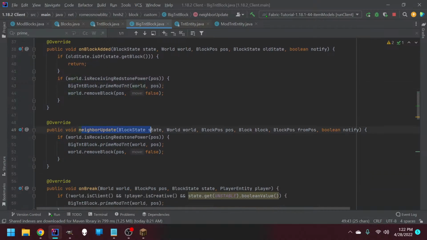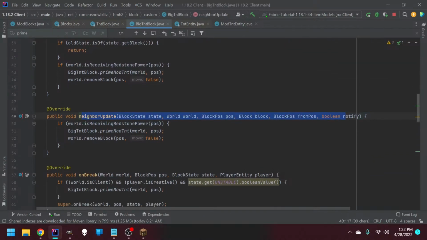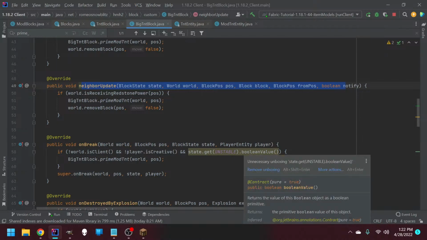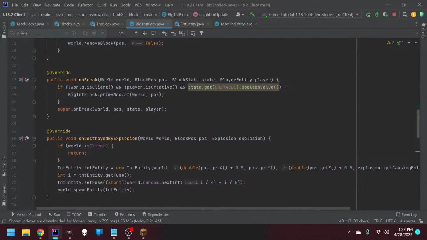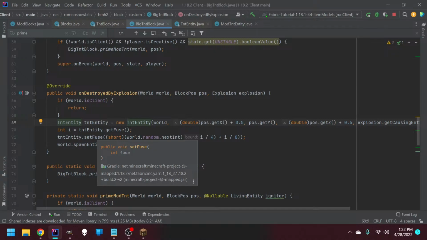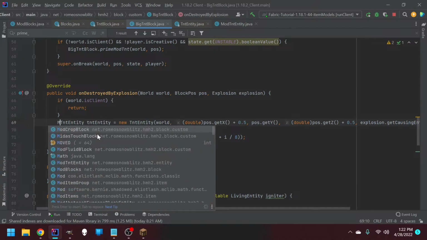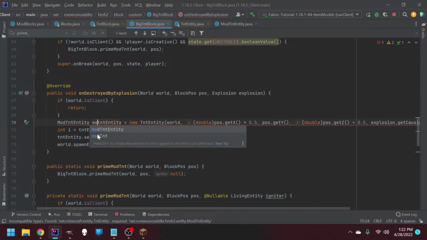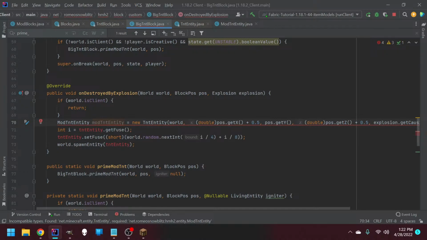And why did it summon just a regular unstable thing? Why is this yellow? I don't know. On break, that's not what I'm looking for. Destroyed by explosion. TNT entity, it may have been this. If I said mod TNT entity equals mod TNT entity, new